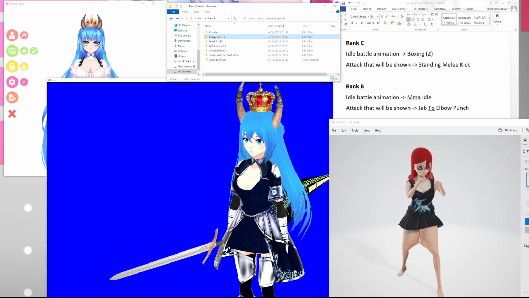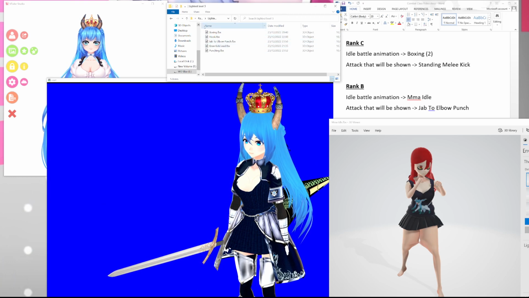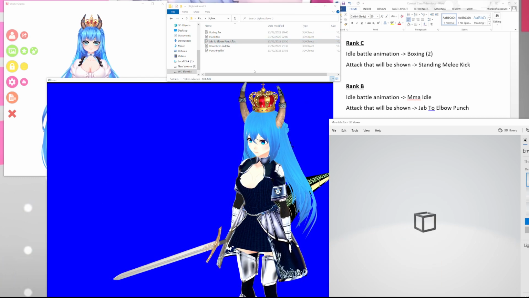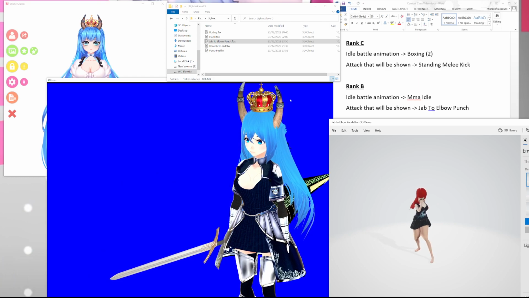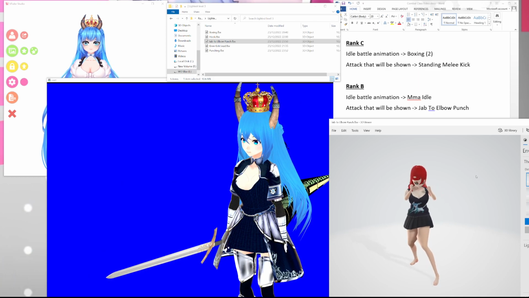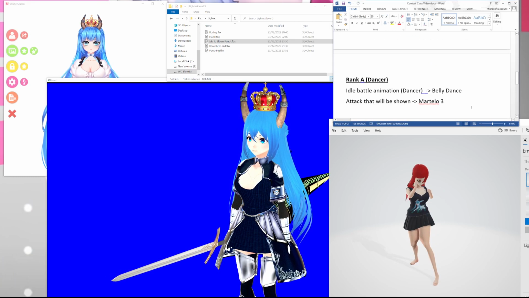I might have to put a note of where it is, because there's too many attacks in this one. Oh, it's here. Okay, and then the text will say,